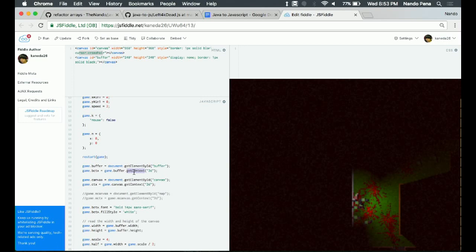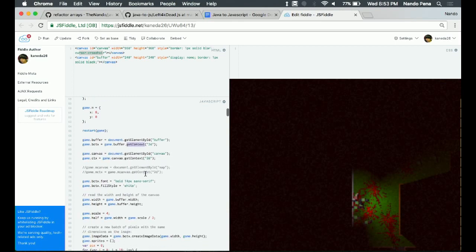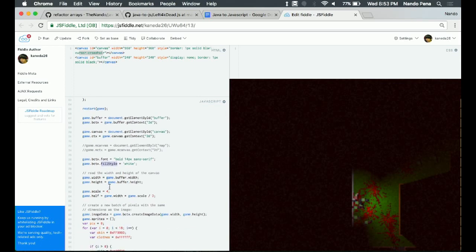A context is another one of those things I don't understand fully well, but effectively it's a canvas that you can paint stuff onto, but not exactly. That's not super accurate. But it is what we're going to use. This context from the buffer we're going to pass around so that we know what to draw on. But it has other things too. Here we can specify any fonts that we render through the graphics API, the fill style of the font. Those can be defined on the actual context for drawing.